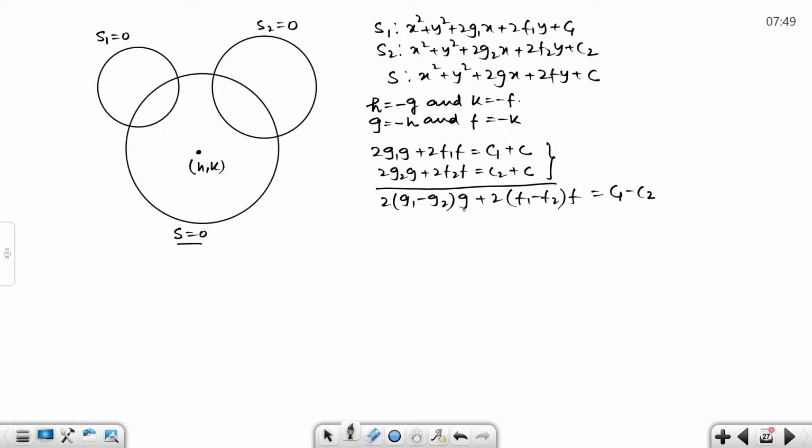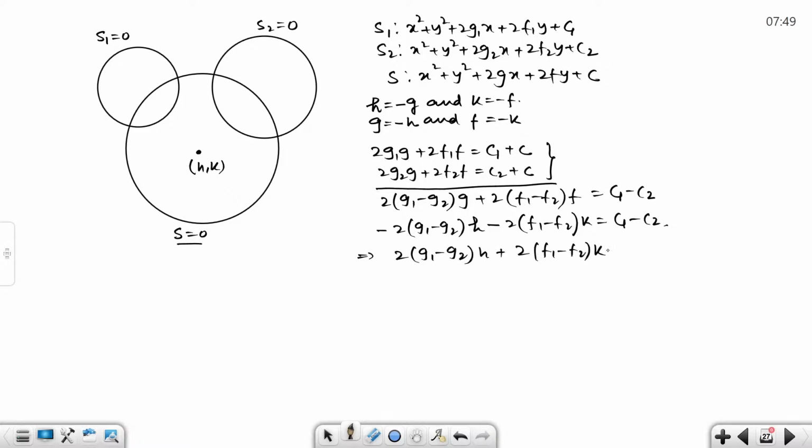Now, let us replace G by minus H and F by minus K. So we are getting, am I correct? Thus, this is the equation of the locus of the point H comma K, which is actually the center of the variable circle. So the equation of the locus is